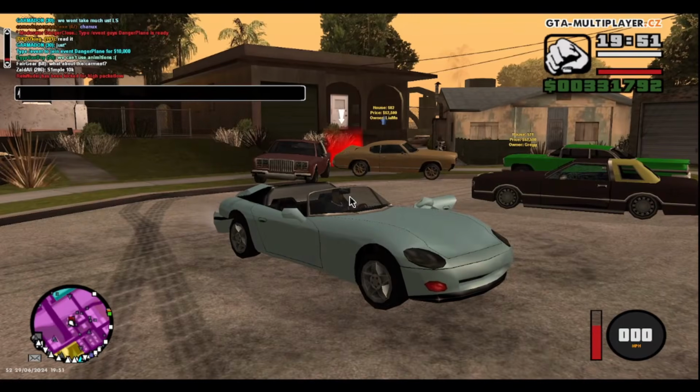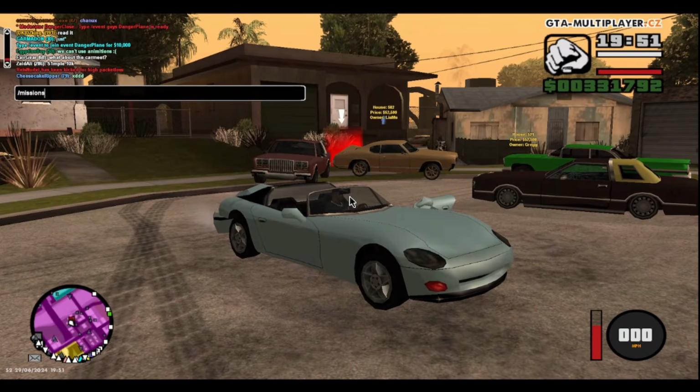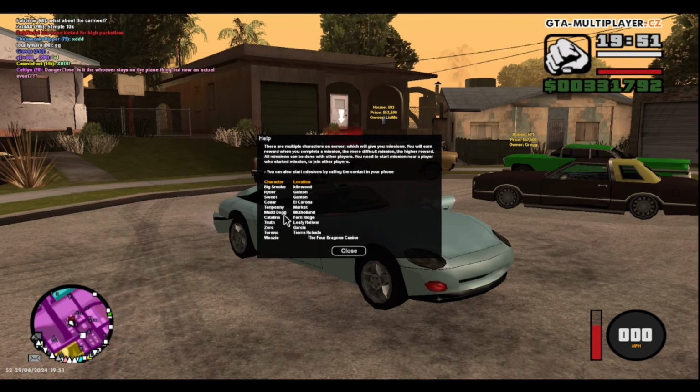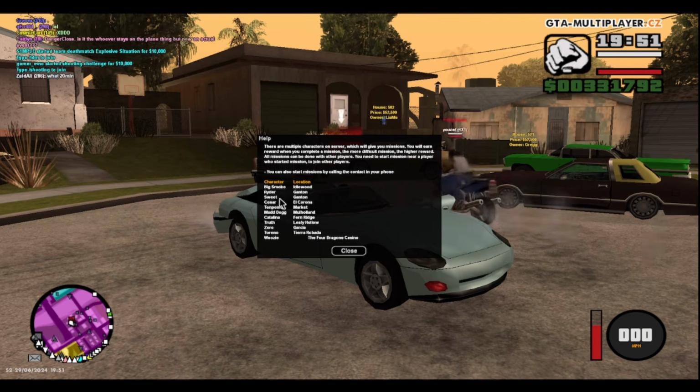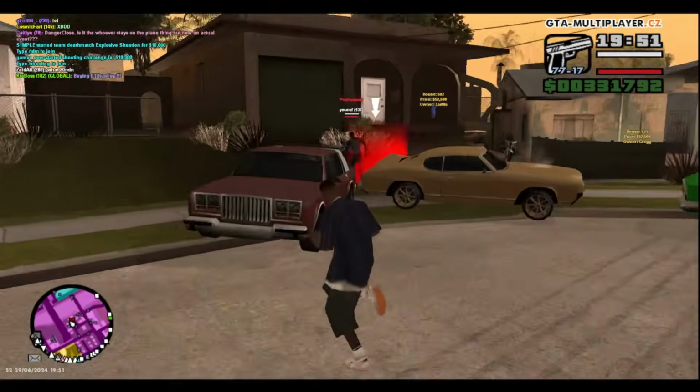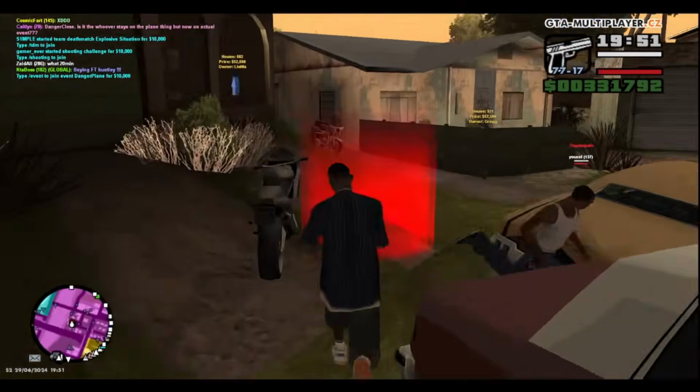So all around the game, all around the map, there are different missions. If you go /missions, it will show you where they are. You can also phone in the various contacts and they will give you a mission. But if you know where the missions start, like this one, which is Sweet, we're going to do this down in Grove Street. I would recommend that you start off doing Sweet missions,